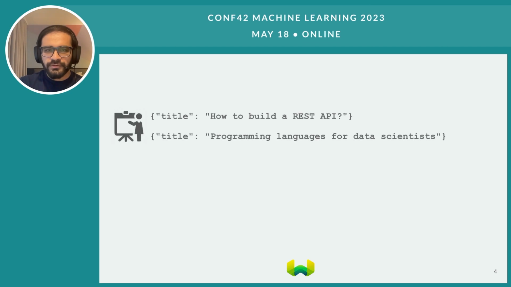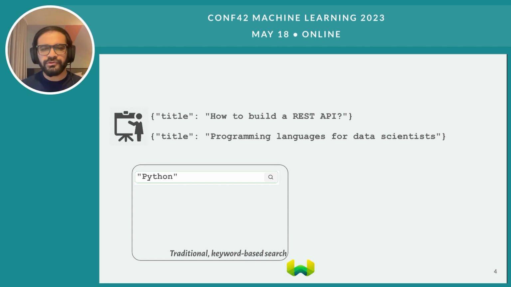So imagine you've got a bunch of documents that you store in your database. The first one here, as an example, is how to build a REST API. Imagine you have thousands and thousands of these, and you want to search over these documents. Right? The traditional approach would be you go into your search bar, you type out the word Python, and the traditional keyword search would go in and would essentially look for the word Python anywhere in your document, right? So imagine you only have two documents here. The word Python is nowhere to be found, so it returns nothing, and